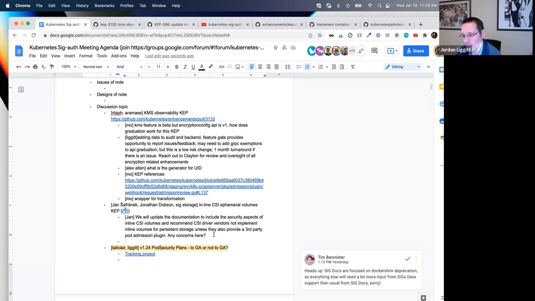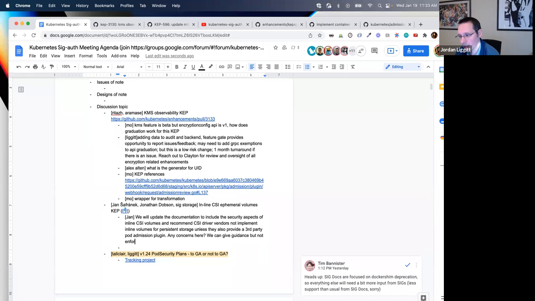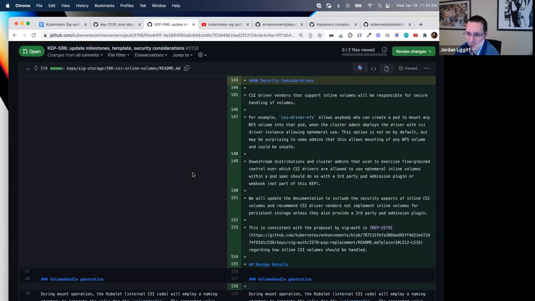Yeah, the parameters that are passed to the driver are arbitrary. If you're using an inline volume in a pod spec, you can specify any parameter you want. And so what parameters the CSI driver consumes determine how safe or unsafe it is. You could imagine the CSI driver consuming parameters that it passes blindly into kernel mount calls or something. That could be super disruptive or destructive.